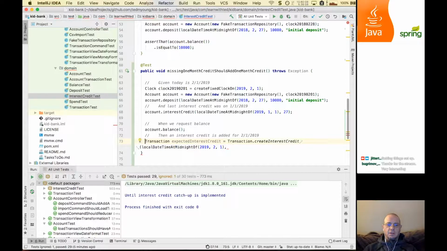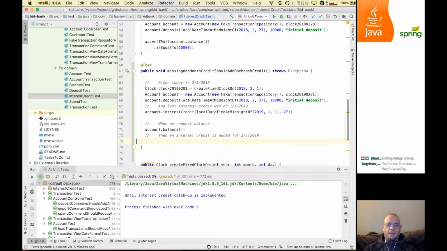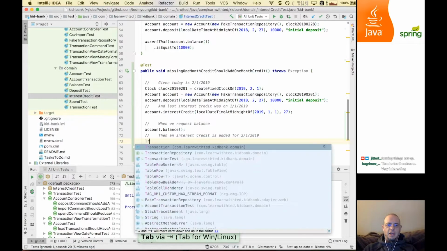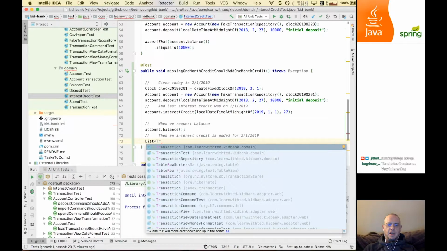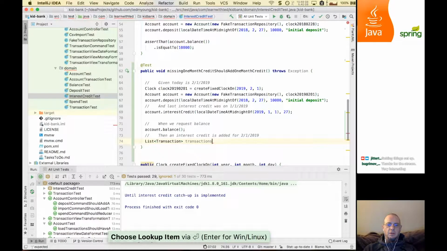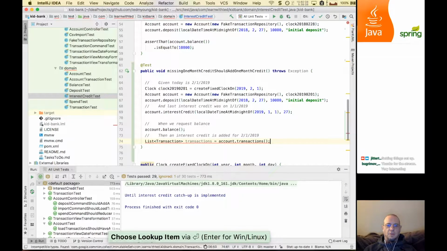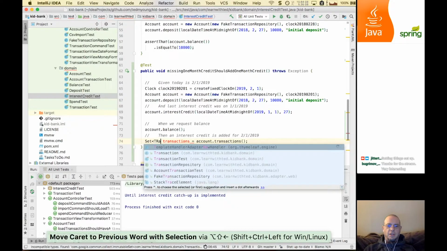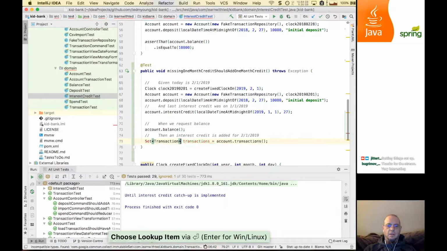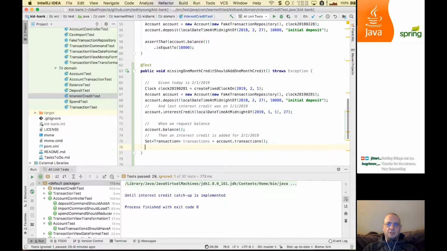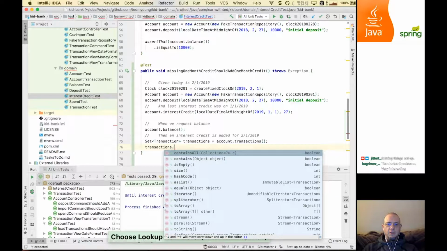So let's do this. Let's get the transactions. We'll get a list of transactions from the account. So these are the transactions. Account transactions. It's actually a mutable set, so it's really a set of transaction. And what we want to do is see